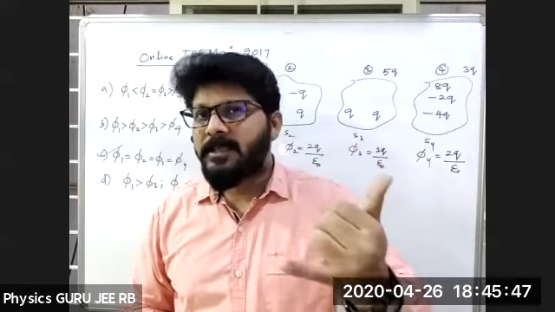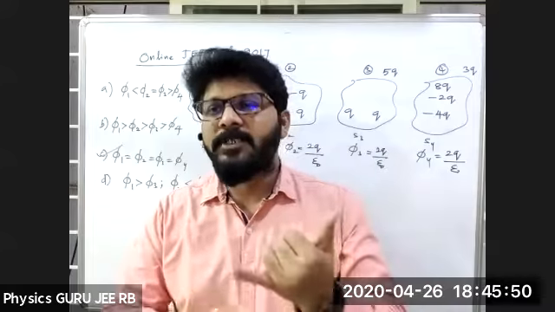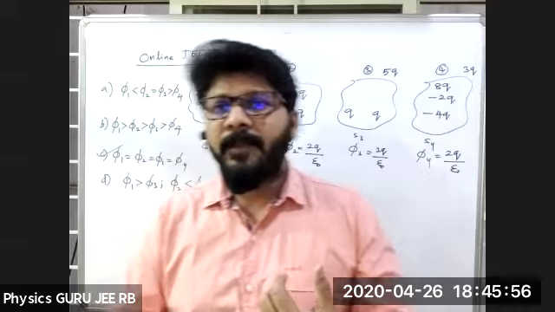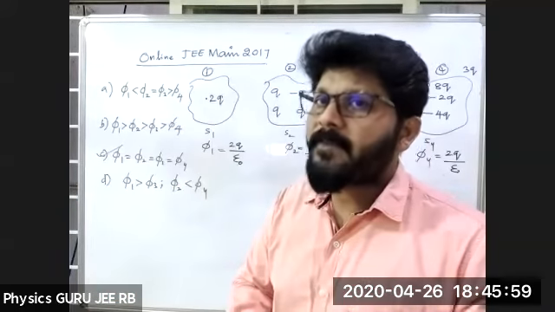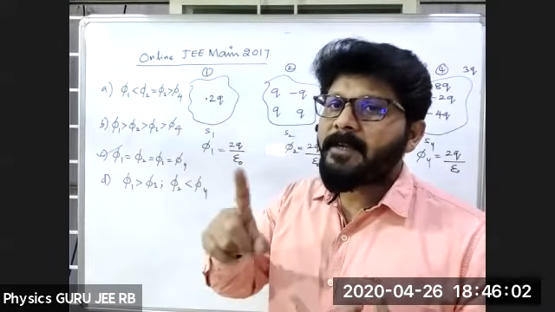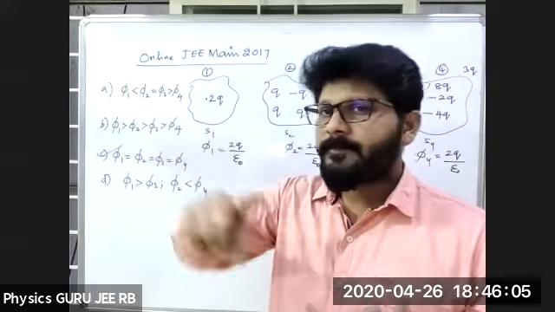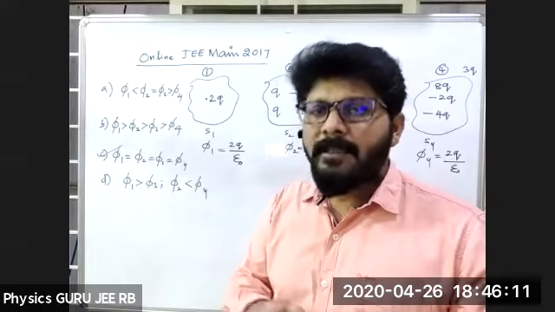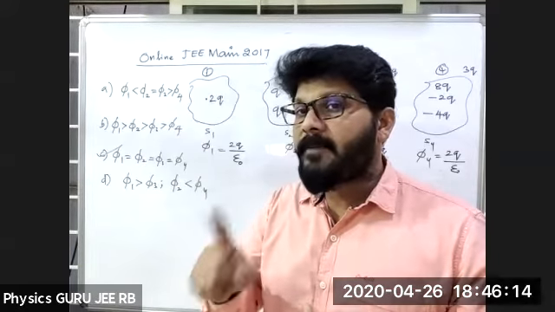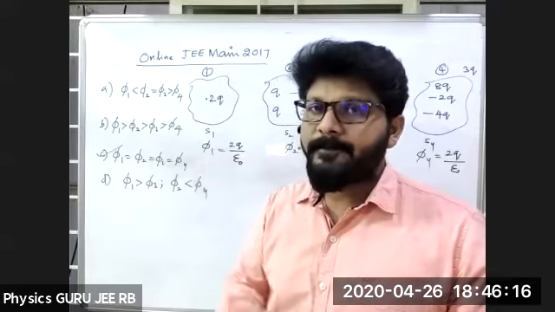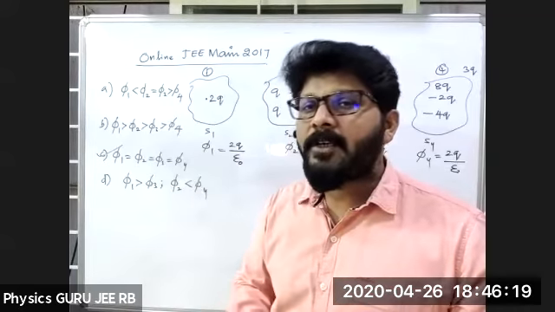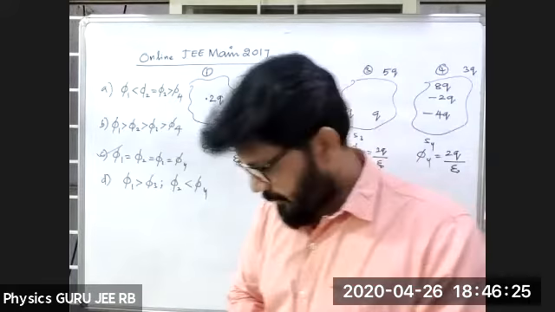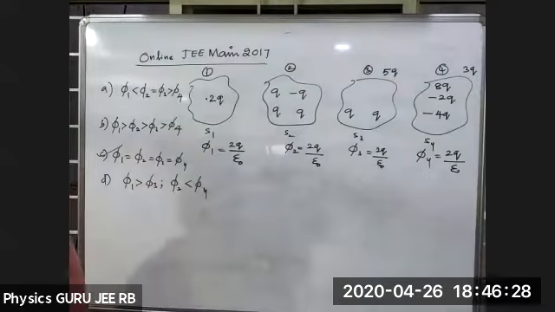First, the Gaussian surface should be symmetric about the charge. Number 2, the electric field must be symmetric. Symmetric where? It should be symmetric at all the surface, that means all symmetric about the Gaussian surface. And third, the angle between E and A should be the same at all the points. And next, the Gaussian surface should not pass through the point charge or the charge that we are taking. Right? Okay.